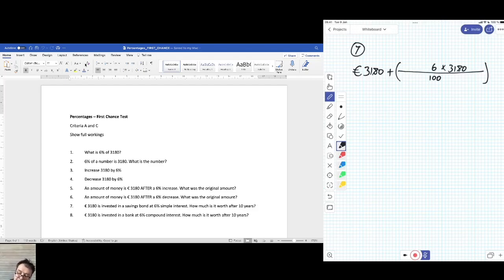And because there's 10 years, it's going to do that 10 times. So 10 on the top for 10 years times 6/100 for 6% times the original 3,180 on the top is the interest it earns, plus, of course, the original amount is still there. So just doing that on the calculator,